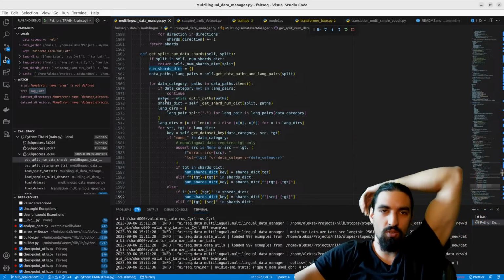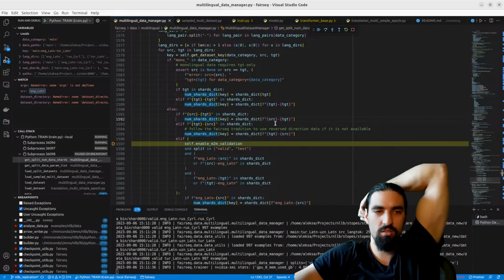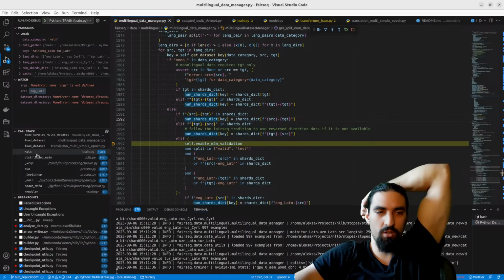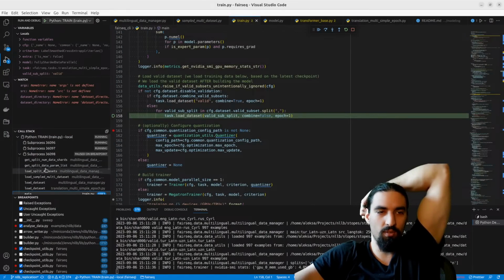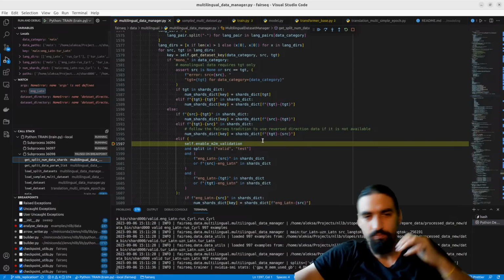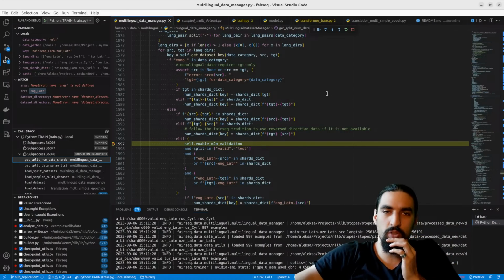This is, I guess, validation, right? This is validation, yes. So again, we're trying to load the validation one. And because it does not exist, we don't have such a data set, then we attempted to enter here. Neither directions exist.